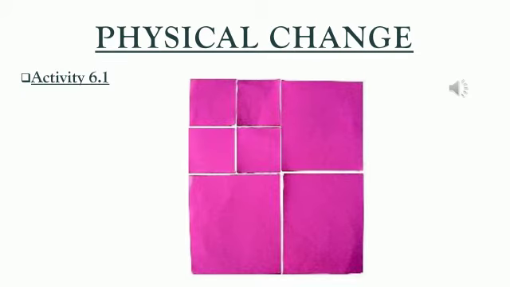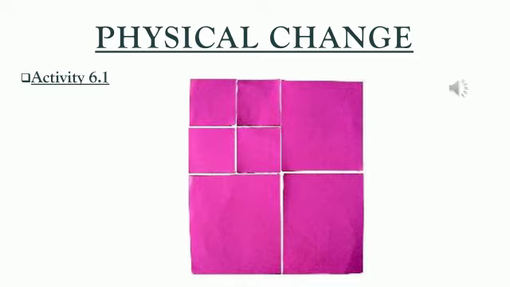So children, as usual, in every chapter we perform a few activities to understand the concept. Same way, in this chapter also we have so many activities to perform to understand the concepts much better. We shall study the nature of these changes, and these changes are broadly classified into two, that is physical change and chemical change. So let us see what is physical change by knowing a few activities. You can also perform these activities at home.